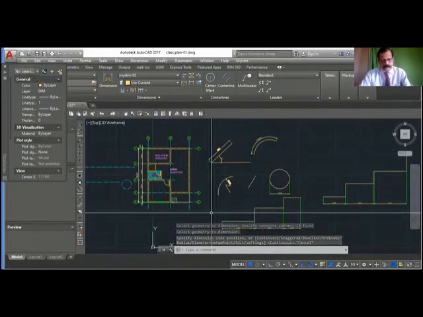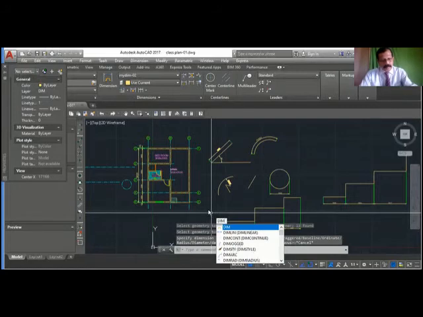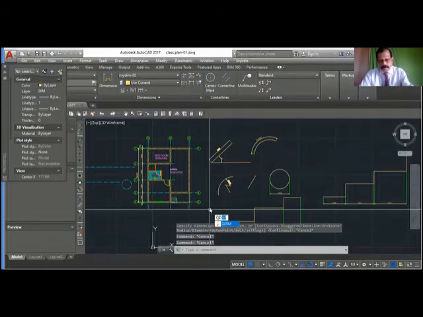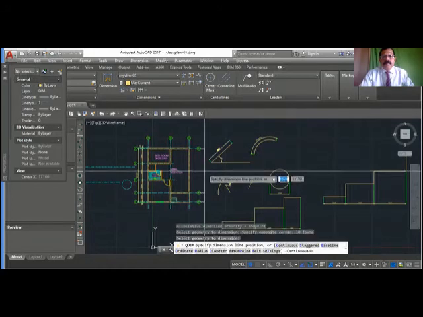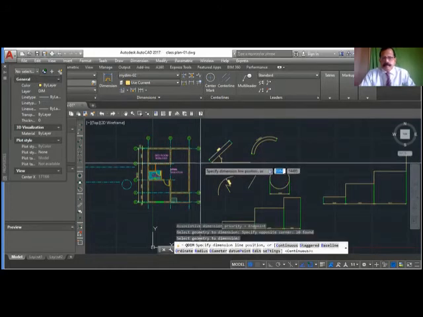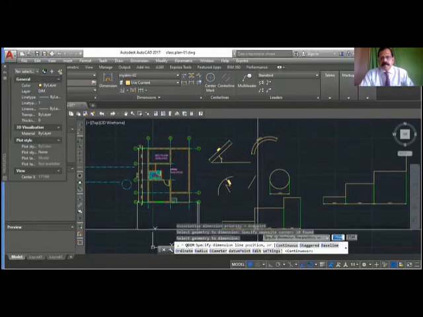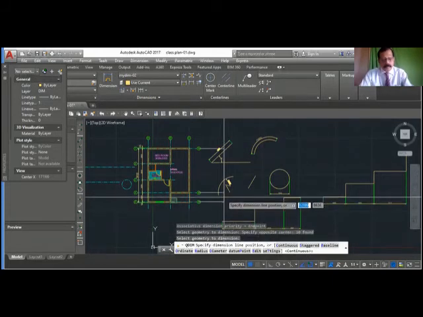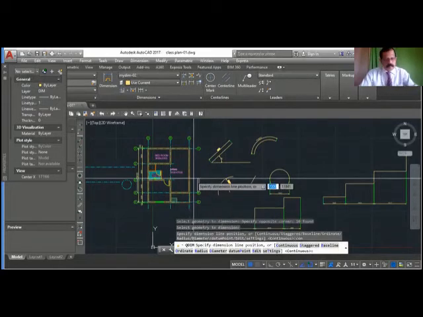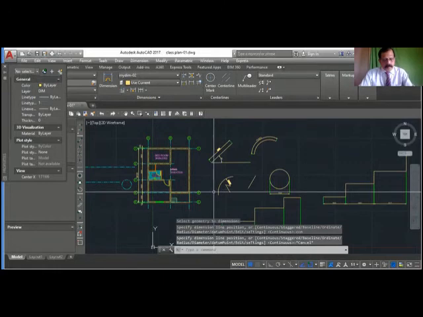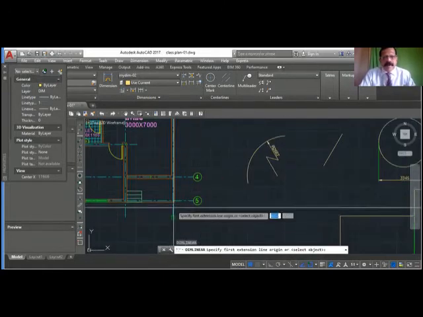Again, QDim. Let's just make one and come back.